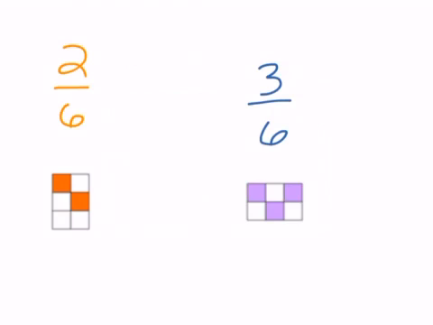Okay, so we have these two pictures, and they're not going the same direction, but they're both the same rectangle, and they're both rectangles that are split into 6 parts. So each rectangle has 6 little squares. 1, 2, 3, 4, 5, 6. Okay? And on this first one, 2 of the 6 are shaded, and on the second one, 3 of the